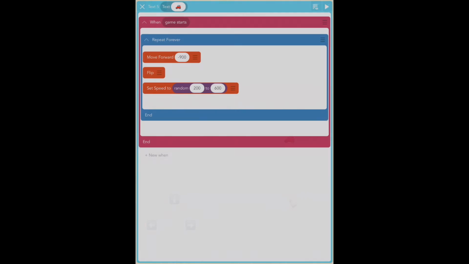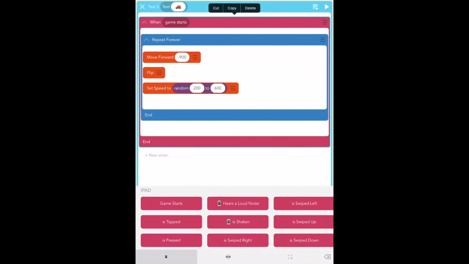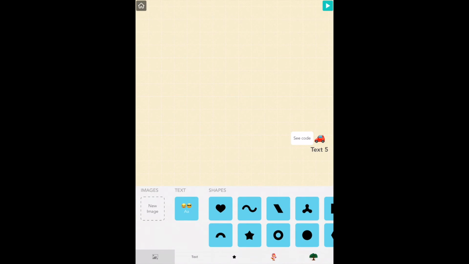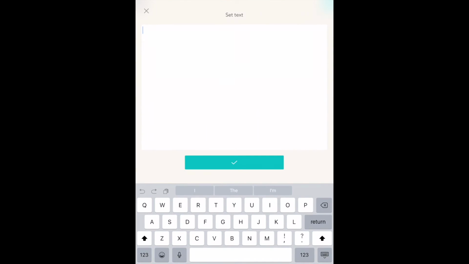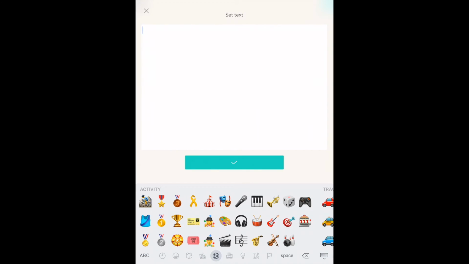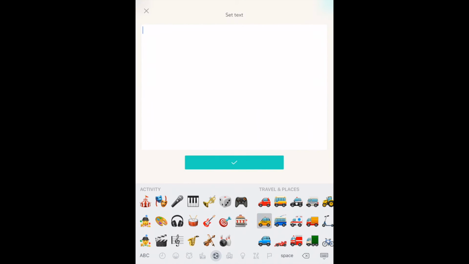Now, I'm going to show you a quick way to make another vehicle. So if we go back into our working page, and we're in the code for the red car, and if you click the top of when the game starts, the purple box, and hold down, and then lift up, you'll be able to copy the code, so press copy, and I'm going to X out of this on the top left-hand side, and I'm going to add a new car, so I'm going to press the add button at the bottom of the page, open a text, and choose emoji, and now I'm going to choose the yellow taxi,